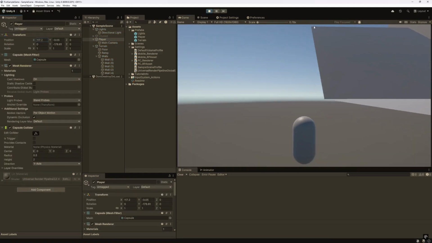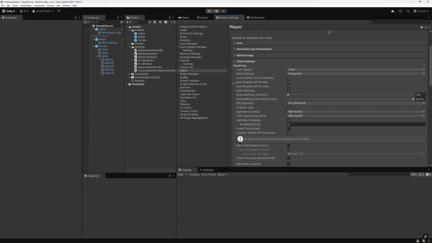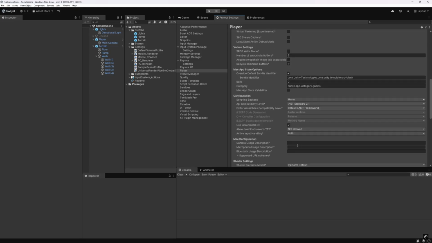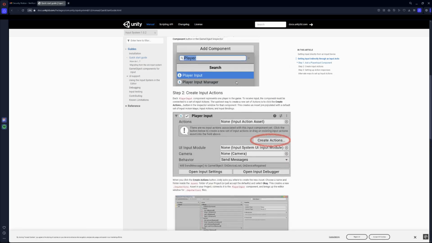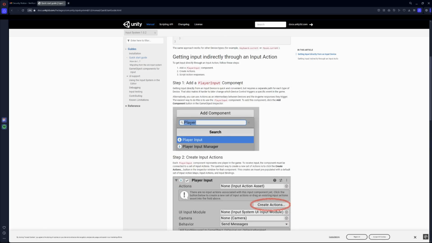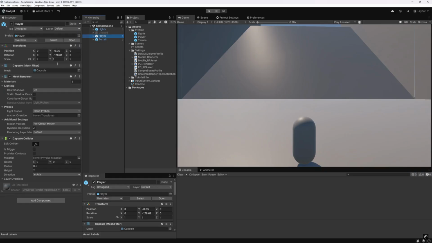Basic input, first code. Then in project settings, player tab, other settings, I change input to use only the new input system. It required an editor restart. And of course, I never remember details, so I have to search the internet for input system setup. You know, internet searching is the programmer's number 1 skill. Link in description. I added a player input component to the player game object.